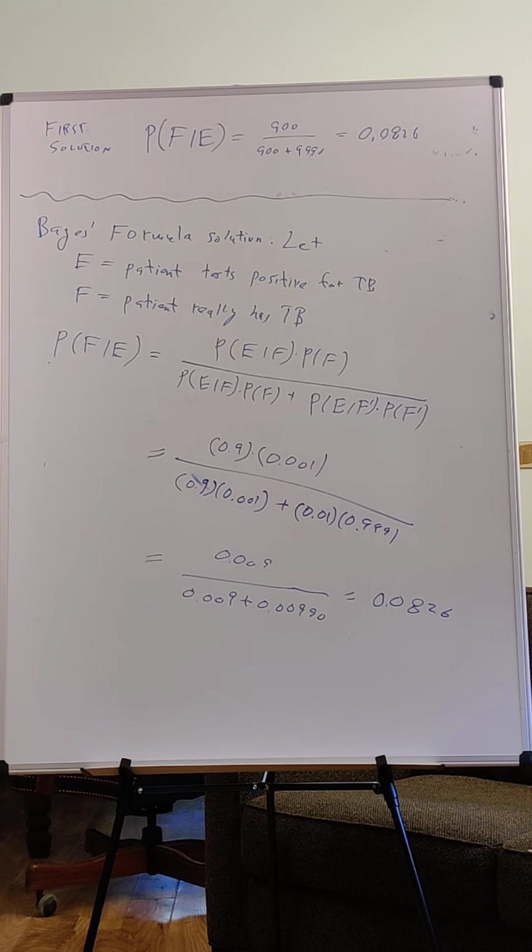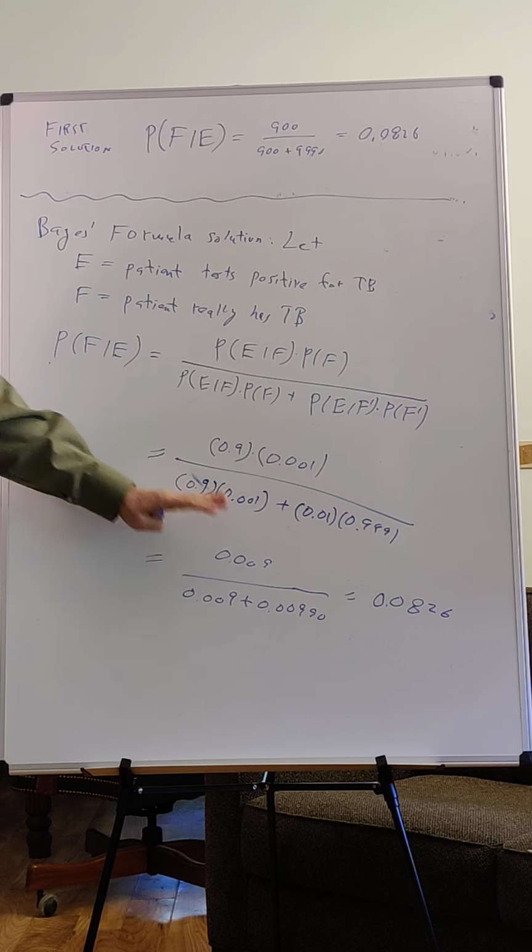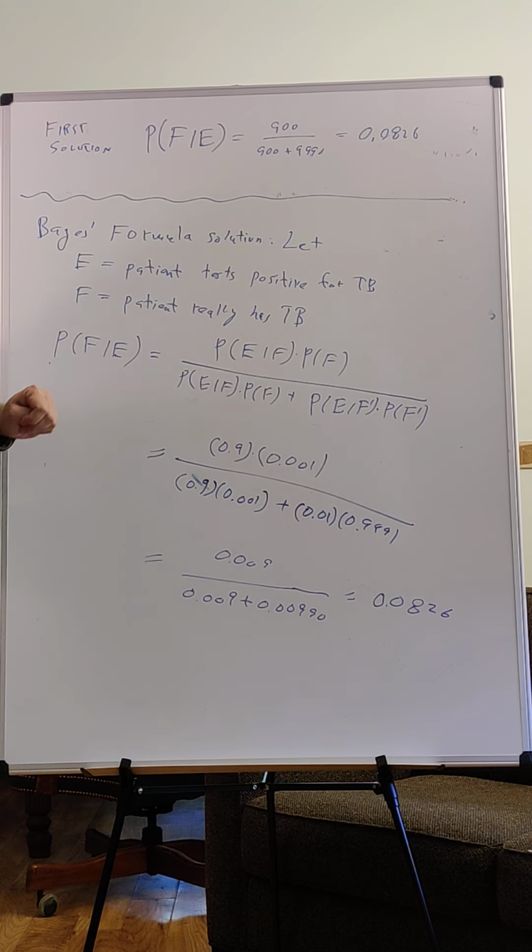Okay, so that, in a way, sort of explains where this mysterious formula comes from. If you think carefully about the two solutions, I hope you'll now see that the number 1 million is arbitrary and it disappears from the end of the calculation. It doesn't show up at all when we use the base formula to do the computation.